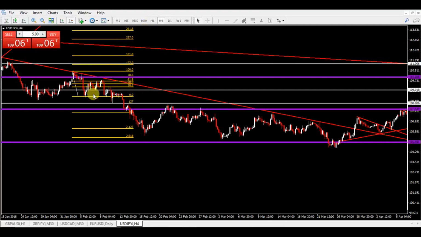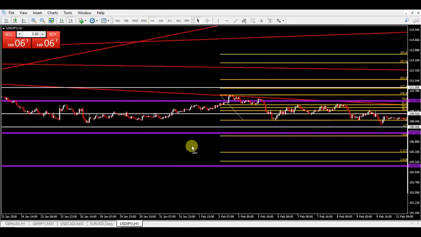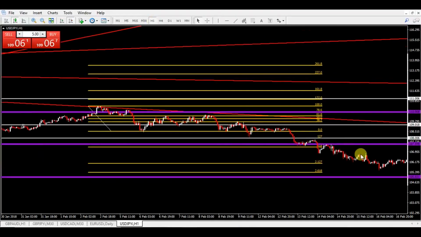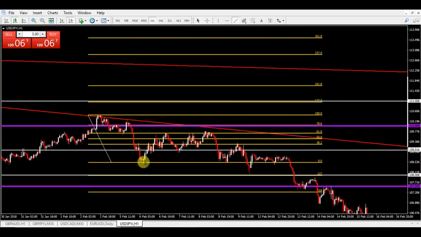And in this case, because it's a bit choppy, would have dropped down to a lower time frame like the hourly,